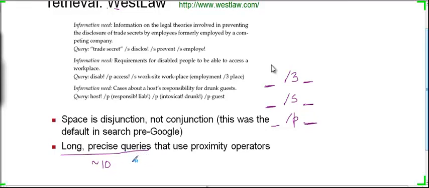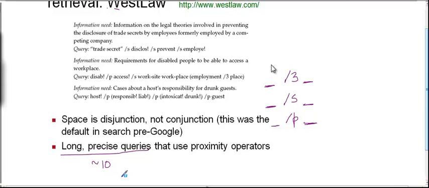So, are there proximity operators even in Google? No, there are no proximity operators. I've used Google, but only Boolean ones, and, or, and double quotes, but not the proximity. Yeah, proximity operators are not there, but there is a way to handle proximity